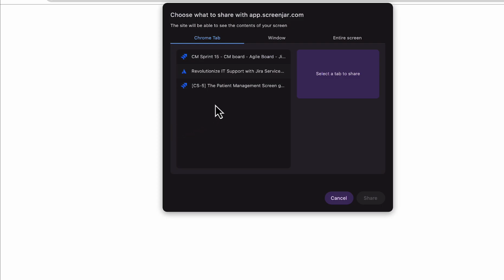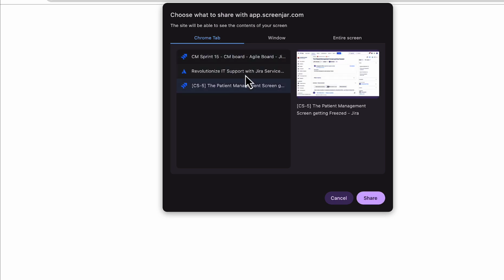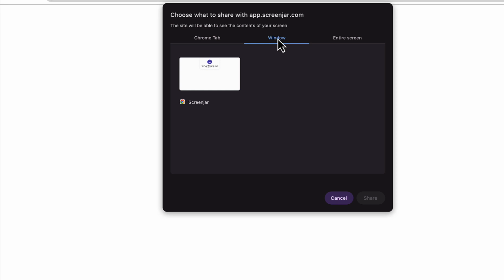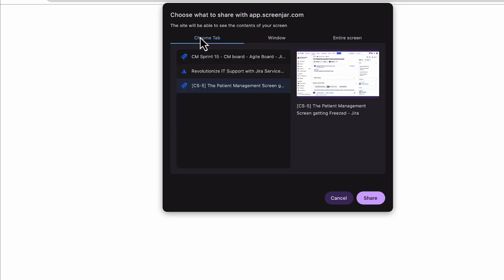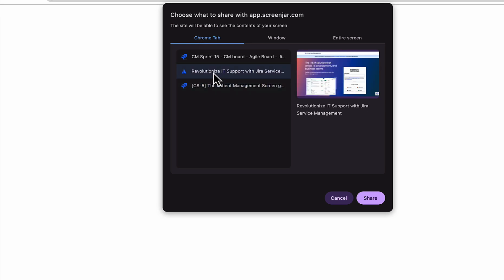Here we have three different options: if I want to share a particular Chrome tab, I can select it from here. If I want to share any window, I have an option for that. Then apart from that, if I want to share the entire screen, that option is also available over here. For now, I'm going to the Chrome tab and I'll select one of the tabs.